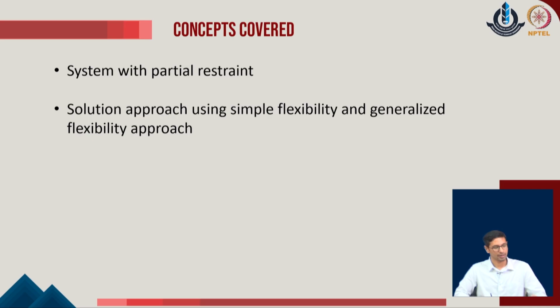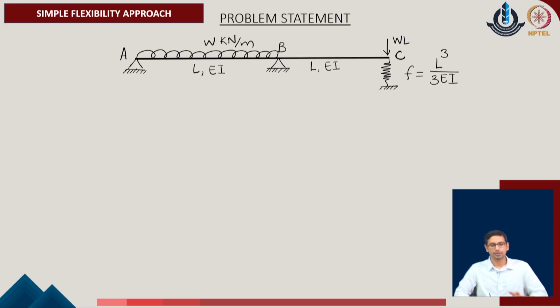To start with the problem statement, we have considered a simple beam which is subjected to a UDL at one of the spans, and the second span is subjected to a condition of the support which is partially restrained. By partially restrained, we mean that the system is not fully restricted to move in the vertical direction. There is a spring attached to it which has its own flexibility identified, and due to this flexibility of the spring there will be a partial movement which will take place in the given system.